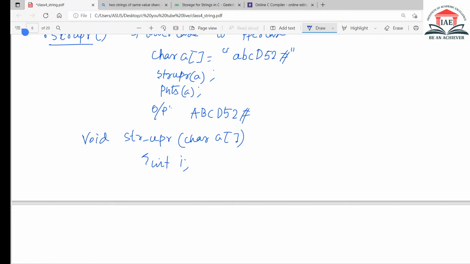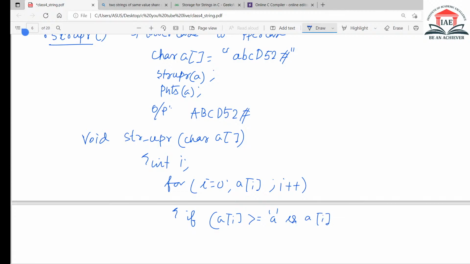I am just running a for loop for I equals to 0, ai and I plus plus, and what I want to say, that if this ai is greater than equals to a and ai, or you can say less than equals to z,